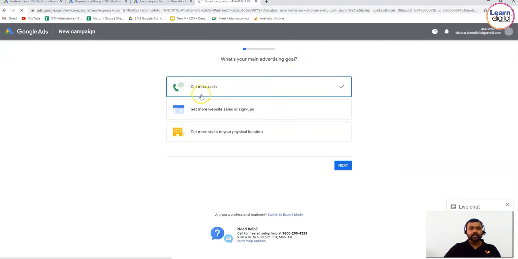You'll be entering into this place. You can create a smart campaign like get more calls, or you have to click on switch to expert mode. You can select it. Then the entire process happens again from the start. So you can create a good number of campaigns over here using your multiple ad accounts. You can have up to 20 ad accounts per Gmail, guys. Whenever you are in need of it, you can create it.